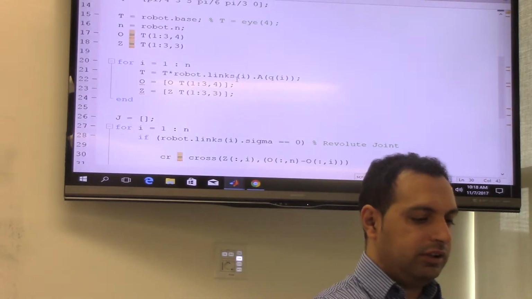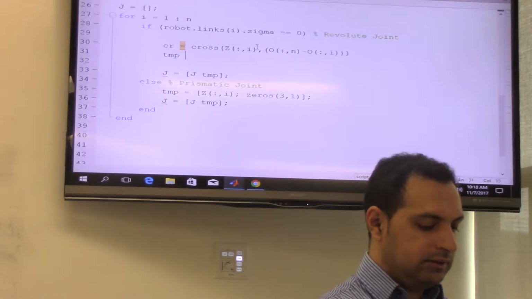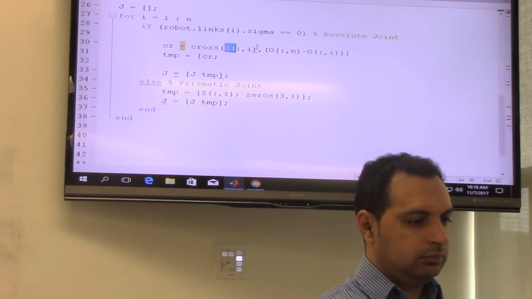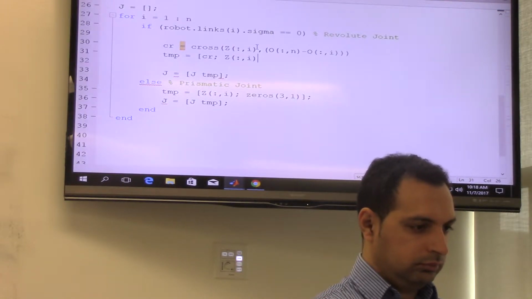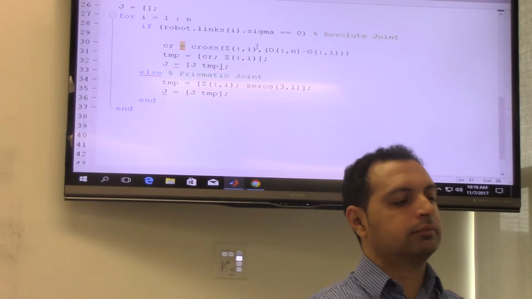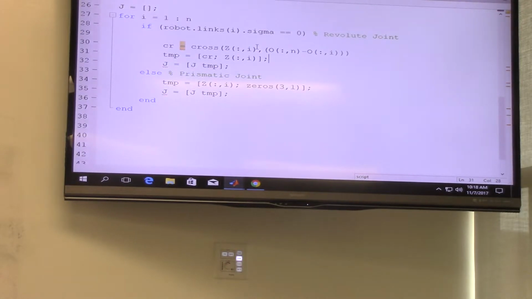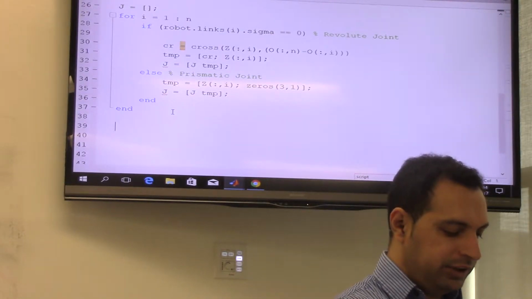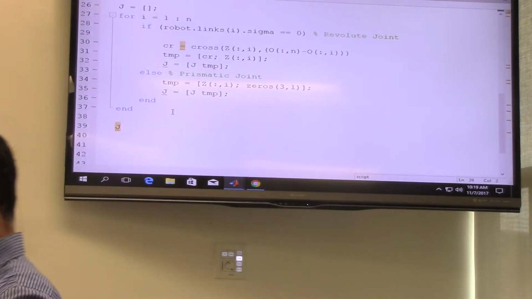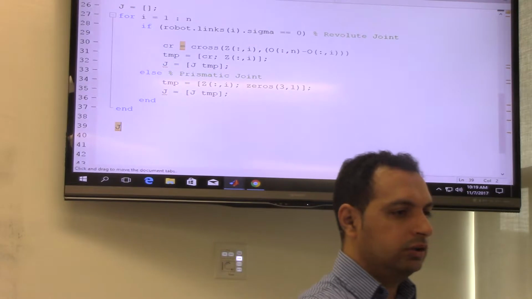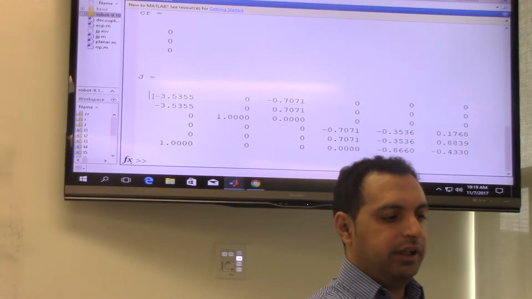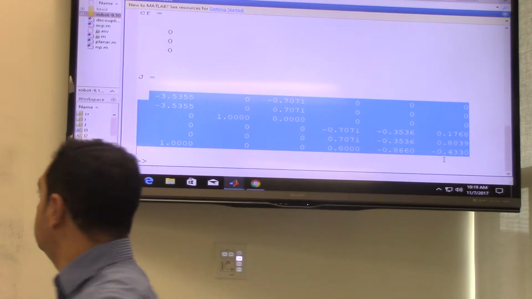Okay, and then we can construct the temp matrix, the temporary matrix like this. This will be equal to, so now you can have this as a J matrix here. So when I run this, I should have here. This is a column matrix, 6 columns, each for